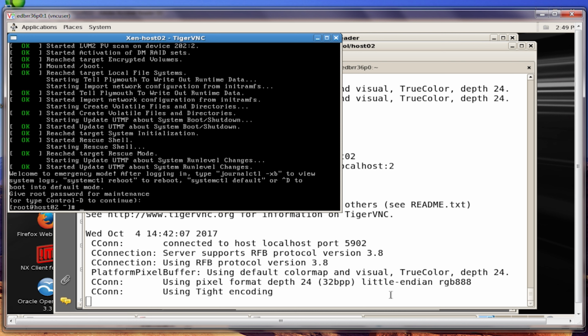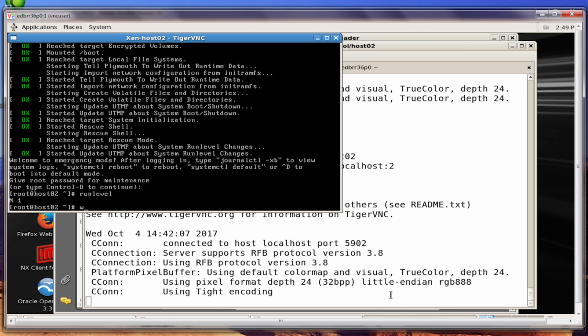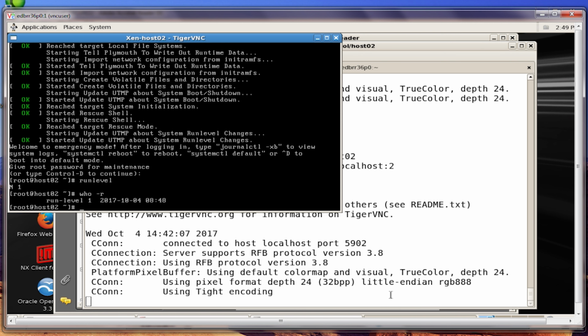And so run level is 1. who -r is also run level 1. Okay. systemctl